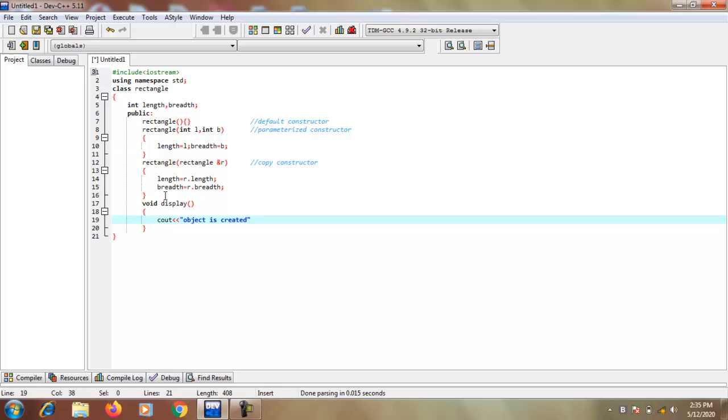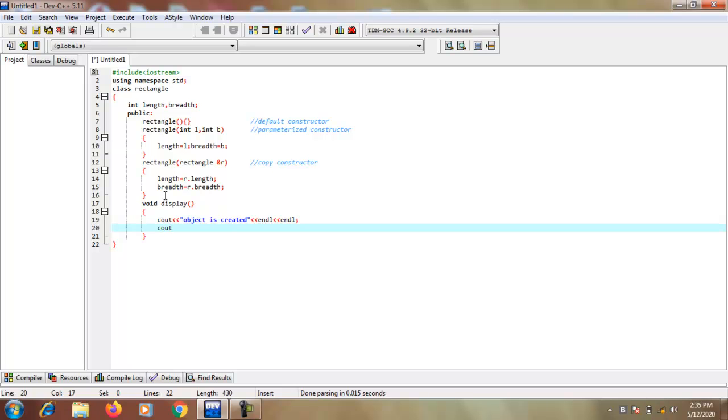Then I use endl. Then again write the cout and display the value of the data members of the object. First one is length, endl, and second one is breadth.